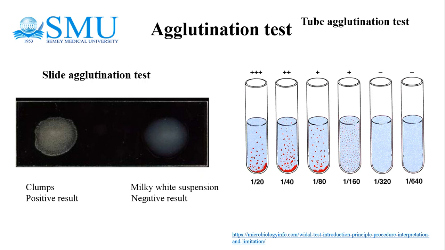The tube agglutination is used for the serological diagnosis of various diseases, such as typhoid fever. It detects antibodies against both flagellar or H antigen and somatic O antigens of Salmonella typhi. The H antigen antibody clumps appear as loose, fluffy clumps. O antigen antibody clumps appear as chalky, white, granular, dense deposits. And in acute brucellosis, we use the standard agglutination test. And next is